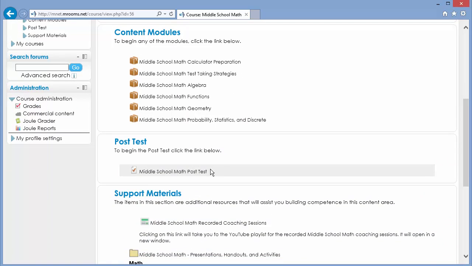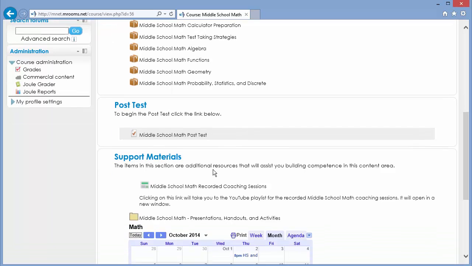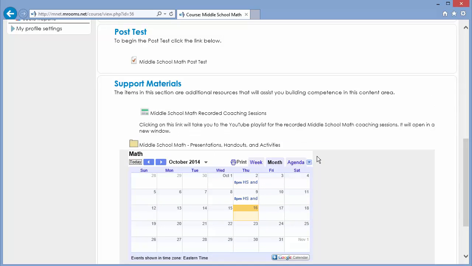There is also a post-test, which is just like the pre-test with different questions. I do want to mention that when you retake a test, the questions are in the same order, but the answers are randomized. And that's for the pre and post tests. And finally, in the support materials section here,